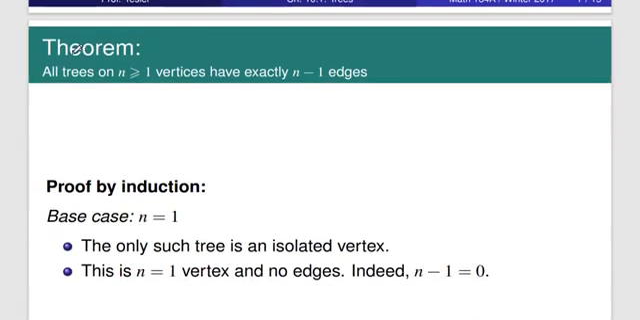Okay, next, all trees on n greater than or equal to 1 vertices have exactly n minus 1 edges. Okay, we do not have this theorem yet, we have to find out. Okay, in last semester